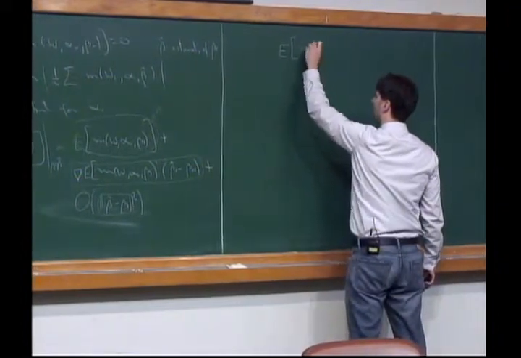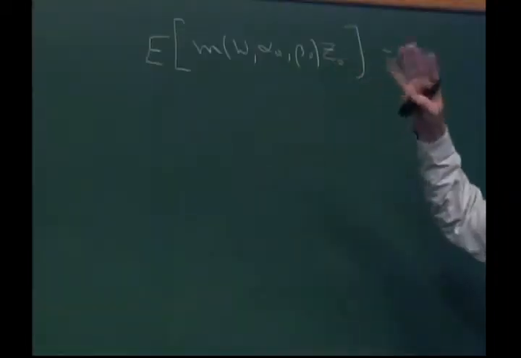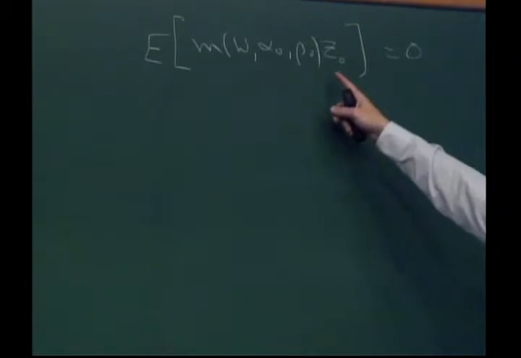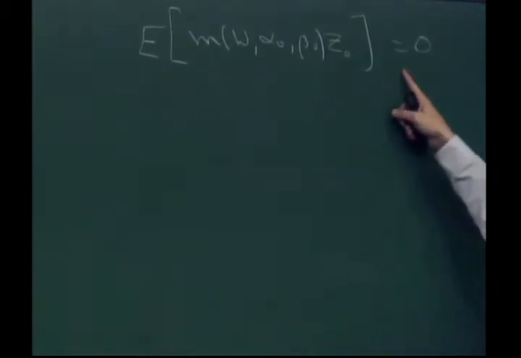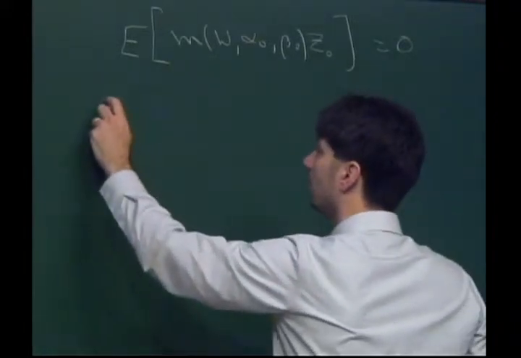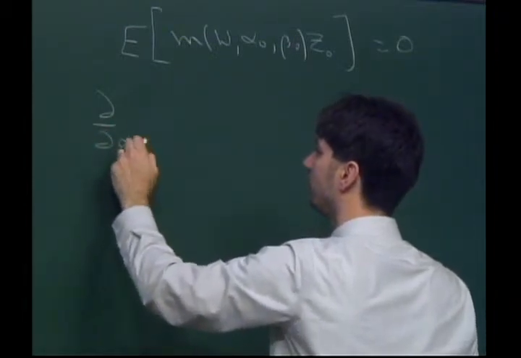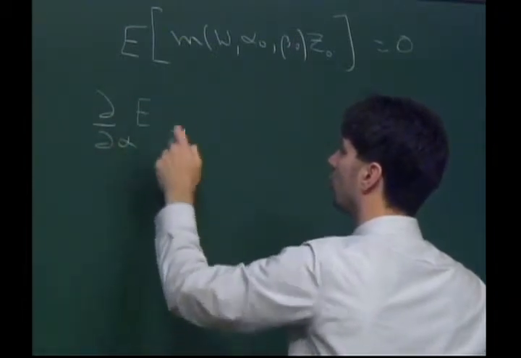So I have my identification equation, but I'm going to have a valid instrument if I have this extra variable, which depends on d and x, potentially, but it's such that it still preserves the identification, but gives me two other things also. When I take the derivative with respect to alpha